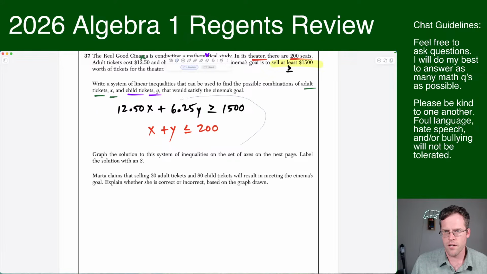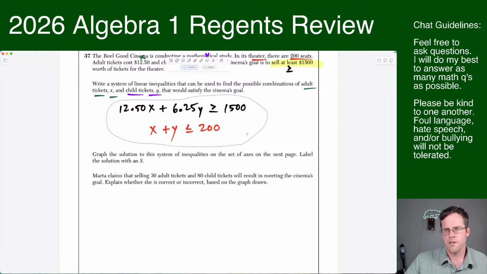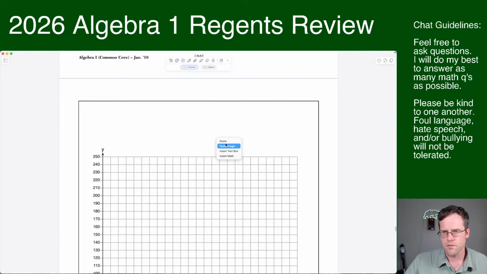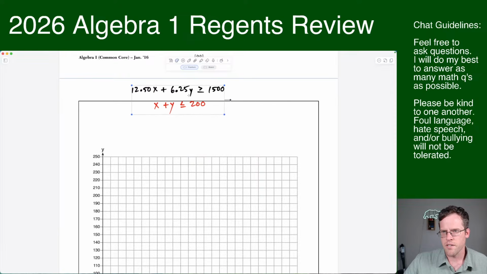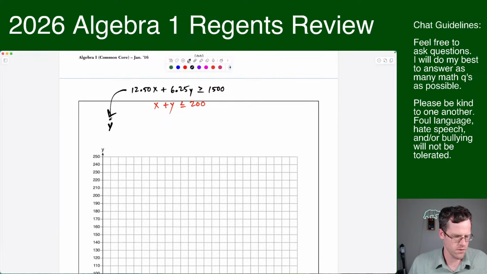All right, so let's go ahead and I'm going to copy and paste this because there's no way I'm going to remember all that. And I will group this, shrink it down a bit. Now for this, what we're going to have to do is solve them for y. So let's say the first one. First, I'm going to say